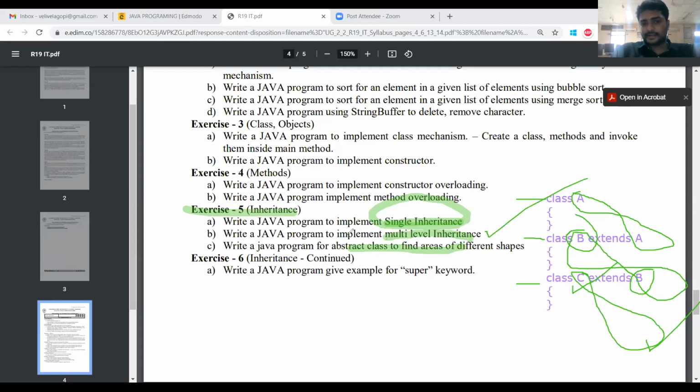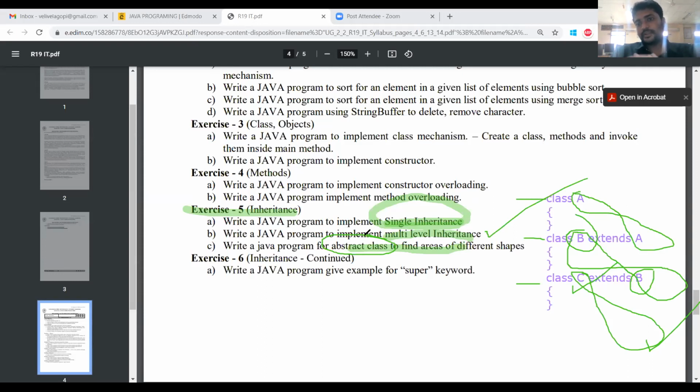Next one, abstract class. An abstract class is a class which has abstract methods. The class which consists of abstract methods is known as an abstract class. Abstract methods are methods which have no definition. We define only the method header, and we don't define the body of the method.